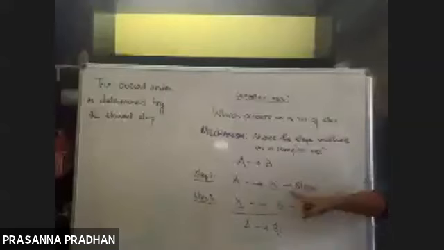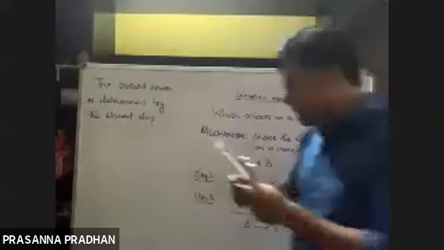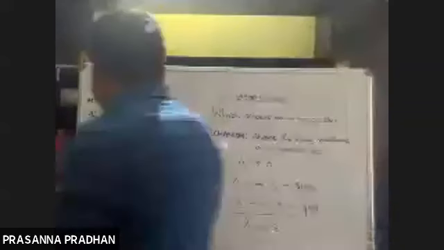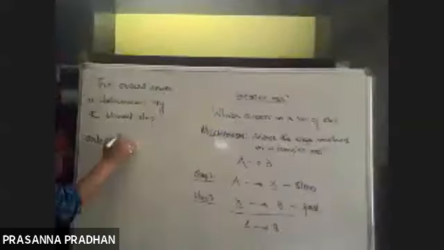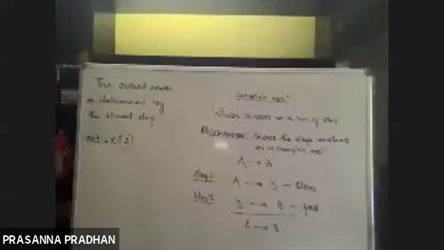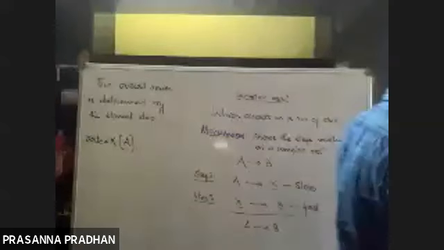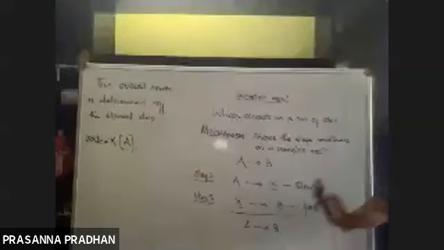So what is the reactant involved here? A. So how do I write down the rate expression for this particular reaction? Rate will be equal to k[A], since A is the reactant in the slowest step. In case of complex reactions where more than one step is involved, remember the order of the overall reaction is given by the order of the slowest step.